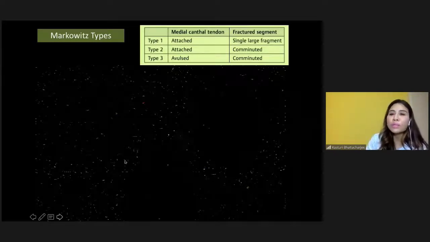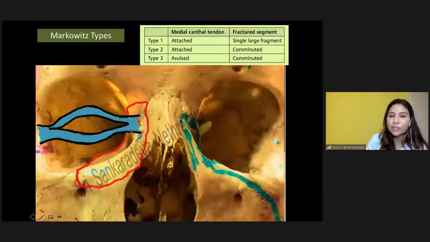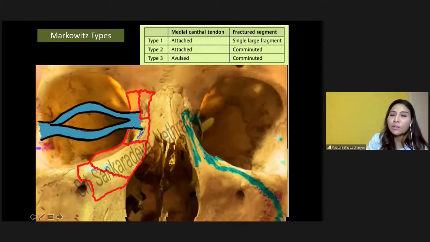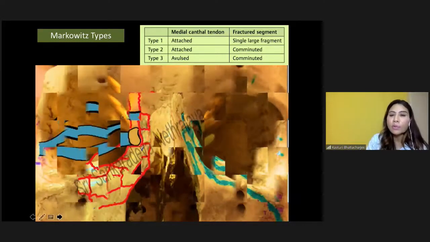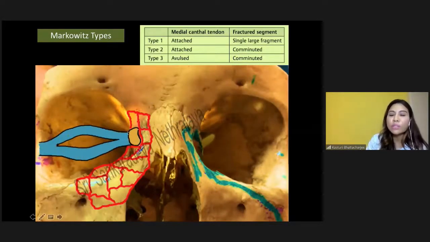Type 1 is when you have a single large fracture. You can see there's a single large fracture involving the medial component of the orbit, but the MCT, the medial canthal tendon, is still attached. Type 2 is a comminuted fracture, multiple fractures, but still the medial canthal tendon is attached. And type 3 is when you have a comminuted fracture with total avulsion of the medial canthal tendon. These types of fractures can be unilateral or bilateral, and this is a really complex